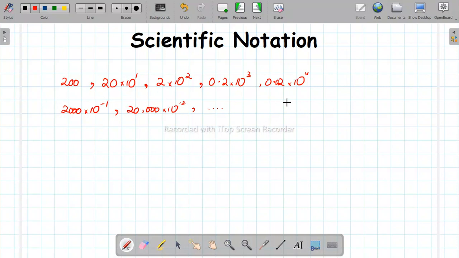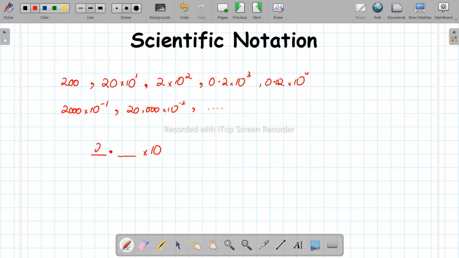Likewise we said there are so many ways you can represent a number, but let's just decide a standard form of writing a number, right? And what is its criterion? You just write one number, then you place a decimal point and after that the value, and then 10 raised to the power something. Okay, following that, how do I have to write this 200? I am going to write it as, starting with